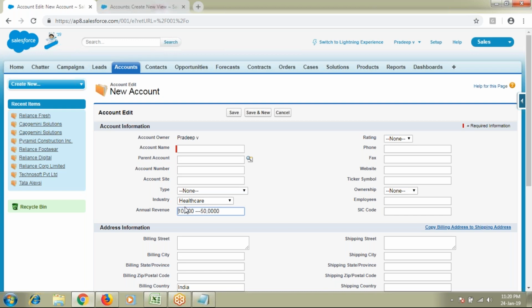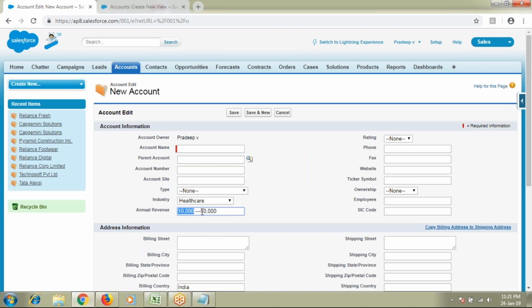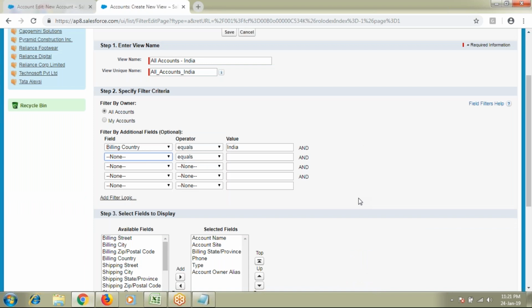Some between 10 to 50,000, some more than 50, some less than 50. Next, create a list view, something like annual revenue between 10 to $50,000. Then your criteria should be annual revenue greater than 10,000 and less than 50,000. Now here I have taken only the condition as country equals India.